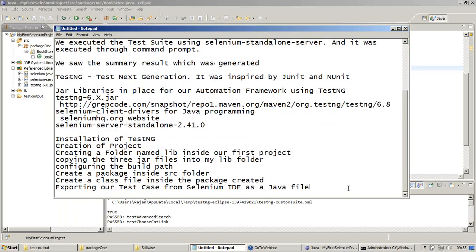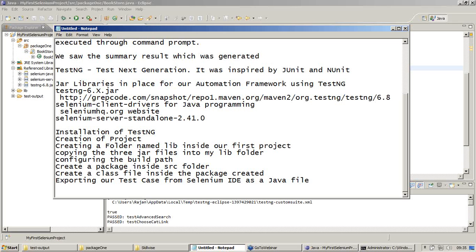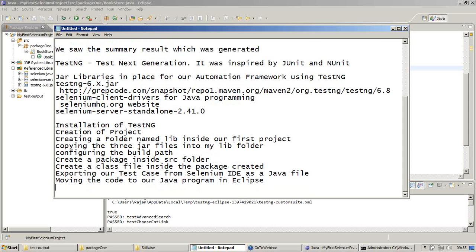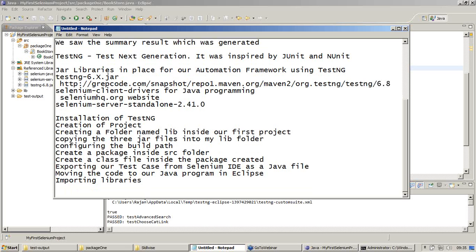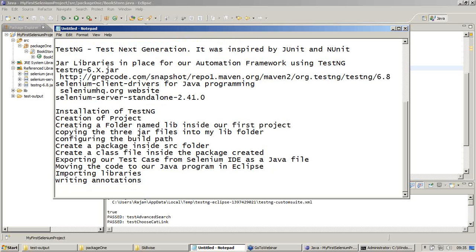So let me summarize whatever we have learned till now. I'll say exporting our test case from IDE as a Java file, moving the code to our Java program in Eclipse, and then importing libraries, okay, writing annotations, okay, and then